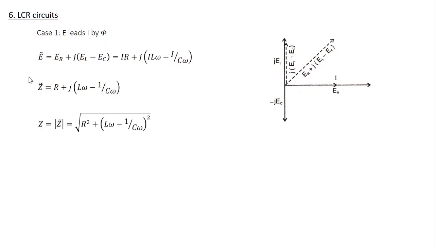What about the vector impedance here? So basically, divide the complex voltage by current, and you get the vector impedance as R plus j into (L omega minus 1 by C omega). And the magnitude of the complex impedance is square root of R square plus (L omega minus 1 by C omega) whole square. So the phase relation between the voltage and current in various AC circuits can be represented using the j operator in a very comprehensive manner here.